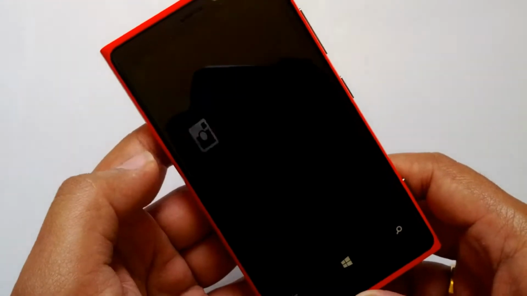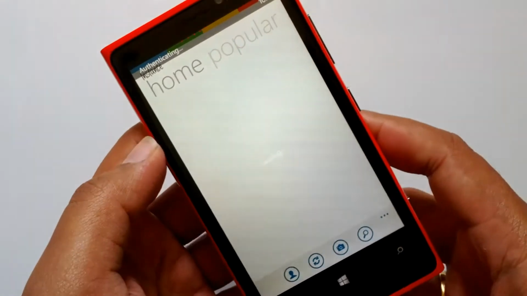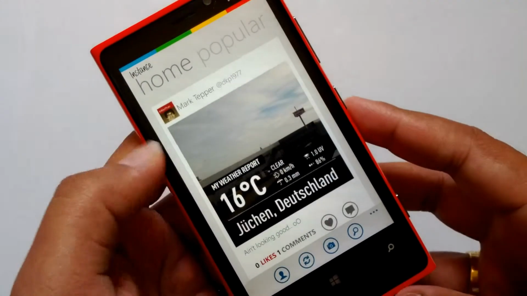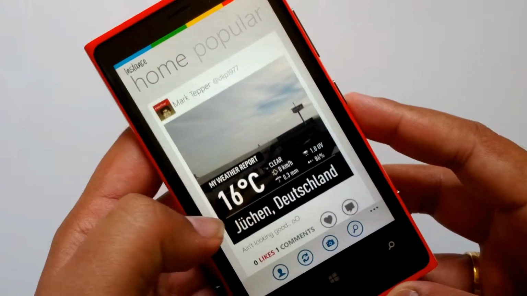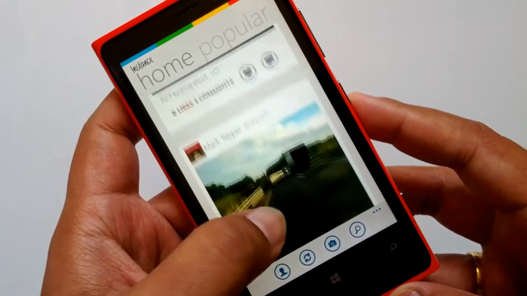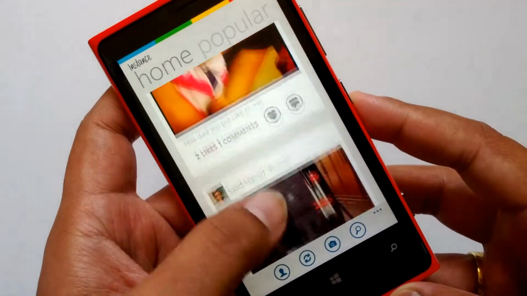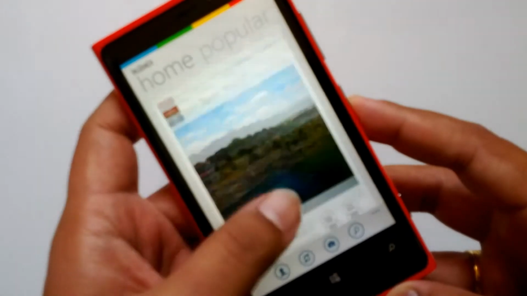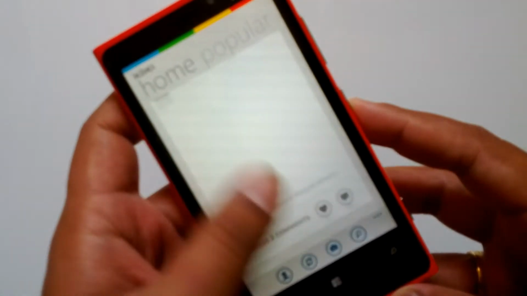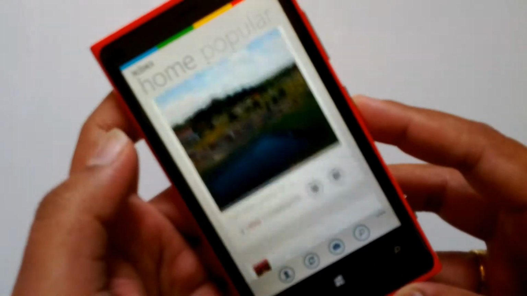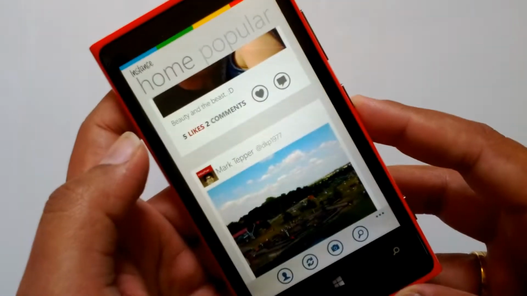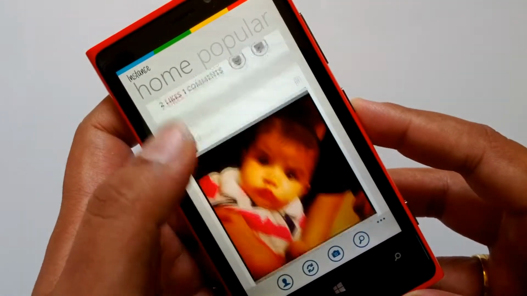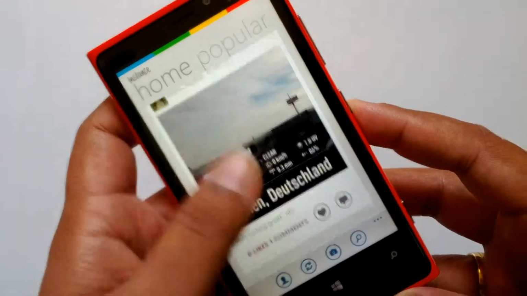So let's open Instance. I pinned it to the home screen. Since I have already logged in, it will show me the home screen. This is the home screen, and you can see my timeline, and the UI is pretty fast and fluid, and it's pretty slick as well. Navigation is smooth and does not have any issues. Now, let me go back to the home screen, and let's have a look at